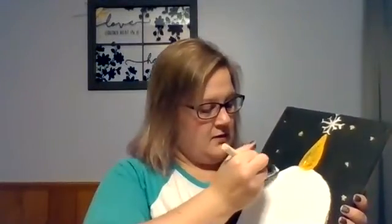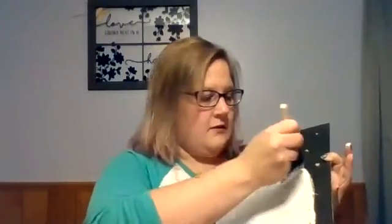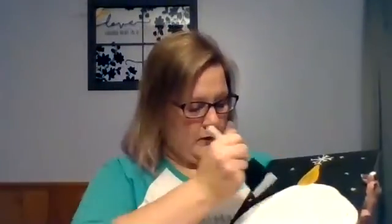If you wanted to make your snowman a little bit wider, you can. I made mine a little bit taller than I had originally anticipated. So I'm actually just going to take him a little bit further over on the sides. And then go through, so that way it's kind of got like that. Okay. And then what I'm going to do is take some of the black and just use